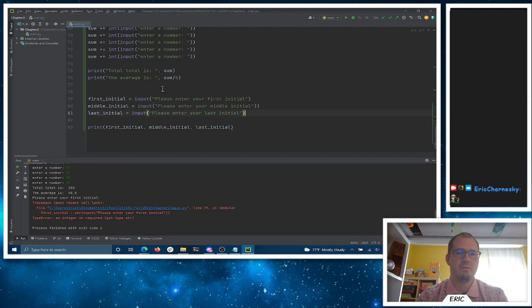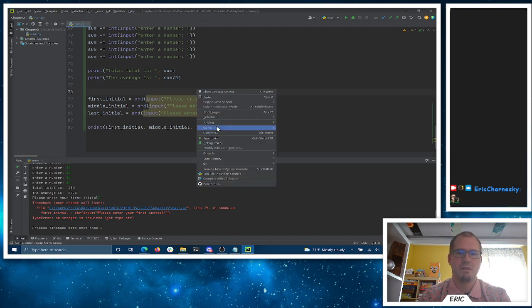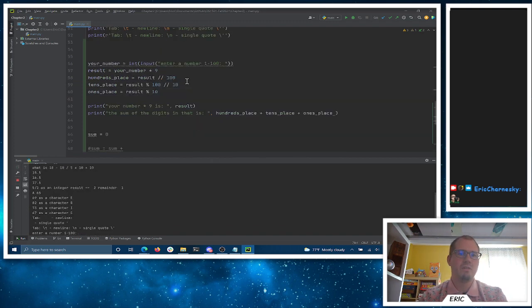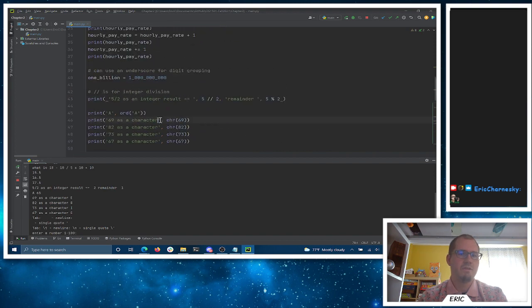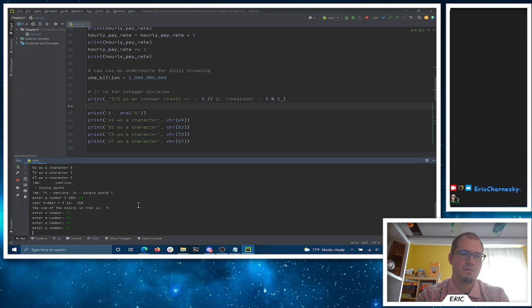Let's try this. Instead of a character, see if we can do an ordinal. There we go. We'll take that as the ordinal value here. See if we can get those ordinal values back out. We did those before, just trying to build individual characters out. We're checking the ordinal values here. There we go, E, T, and C, and I get their numeric values.